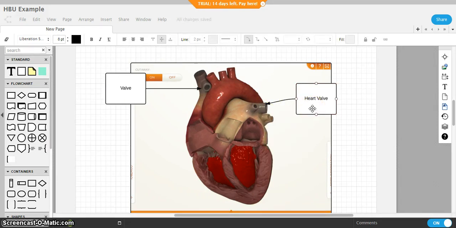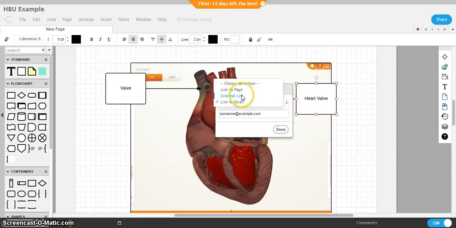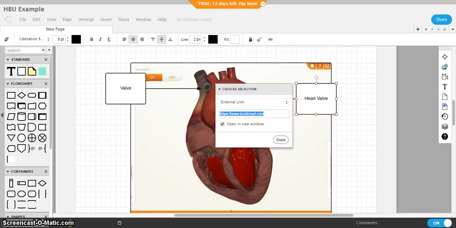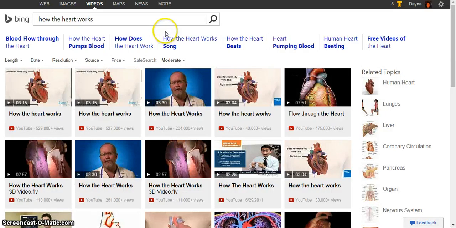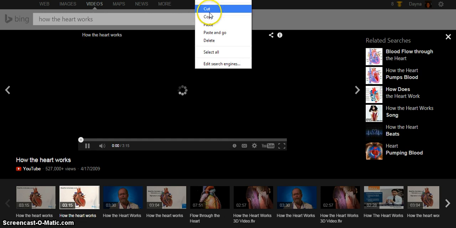Okay, and we're going to create a link for this one. So we're going to go up here, add a link, and we want it to be an external link like those other cool ones that we saw. We don't want to do link to email, we want to do external link. And so I'm going to go up here, and I found a video for how the heart works. We're going to select that video, copy the URL,